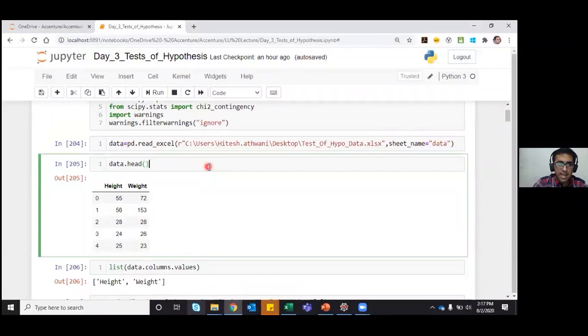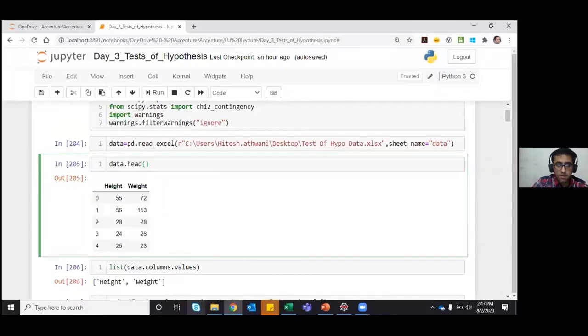Now, assuming we have loaded the data, we can see the head of the data by simply typing data.head. Also, just because it's Excel data, we write the command read_excel. Note that if you open a bracket, you should close it as well, otherwise Python will give you an error.